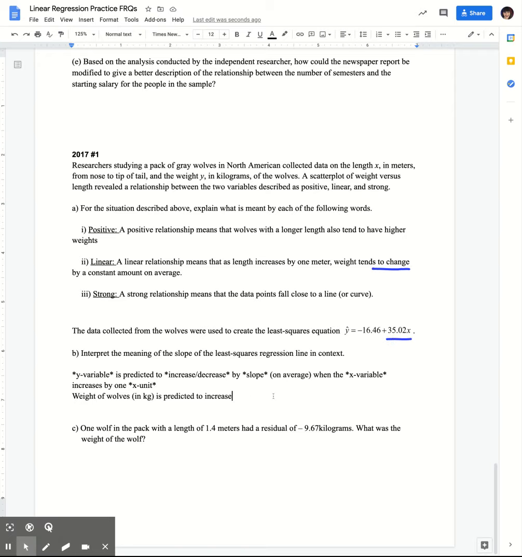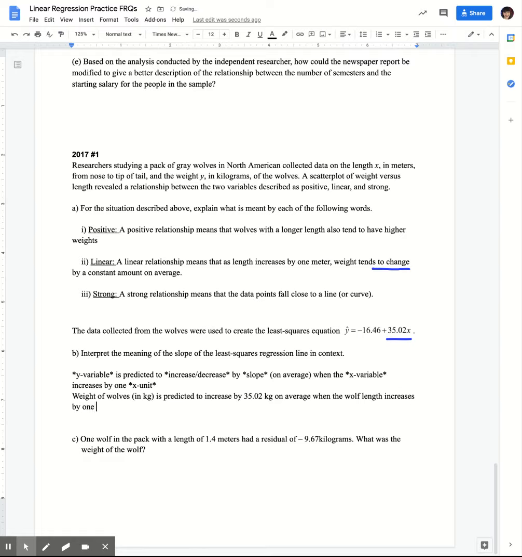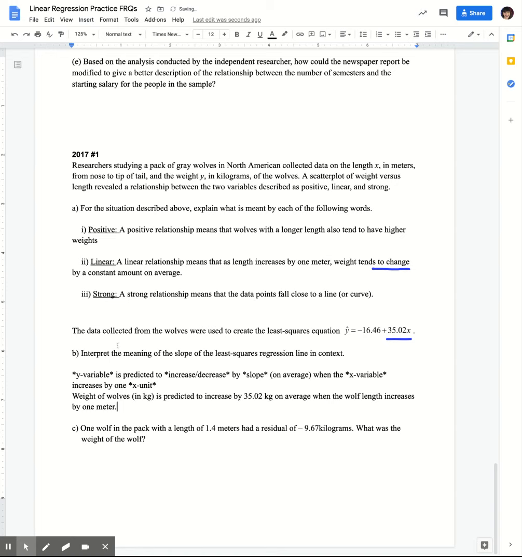Okay, so is predicted to increase by 35.02 kilograms on average when the wolf length increases by 1 meter. Okay. All right. Then